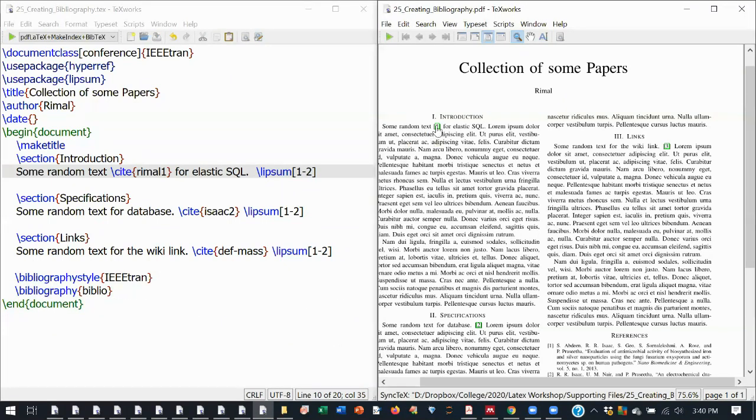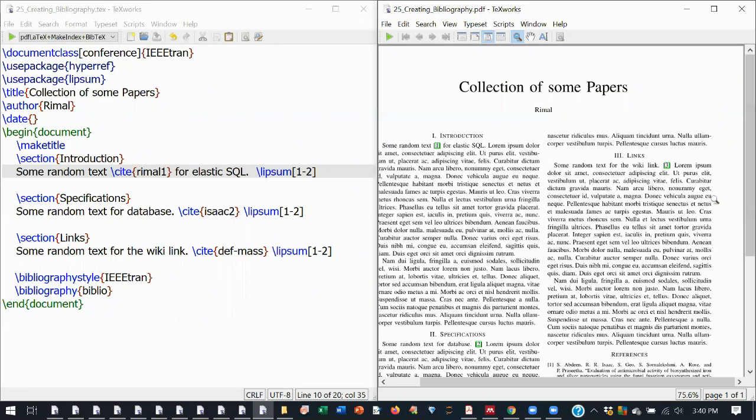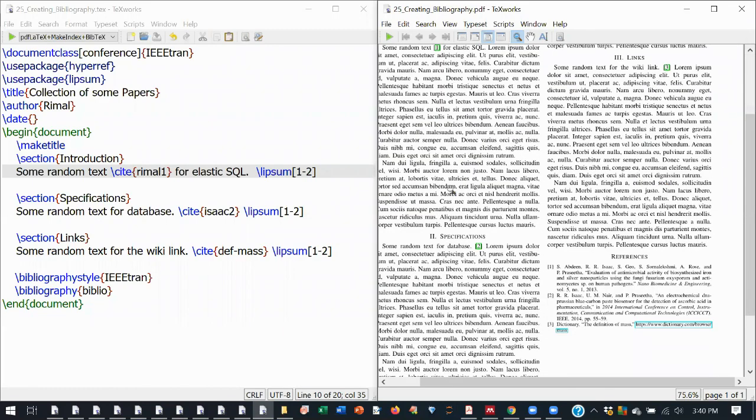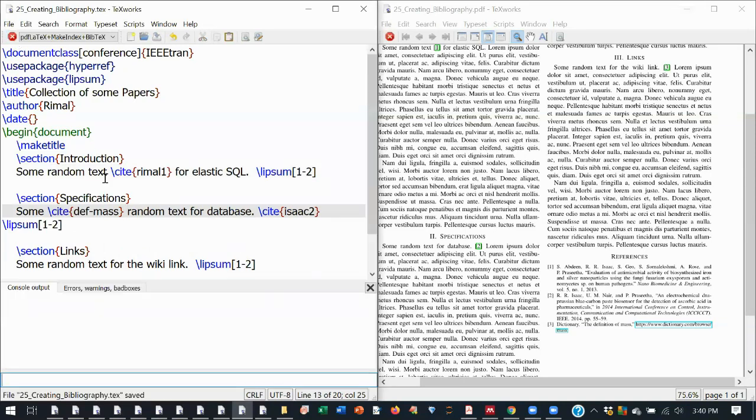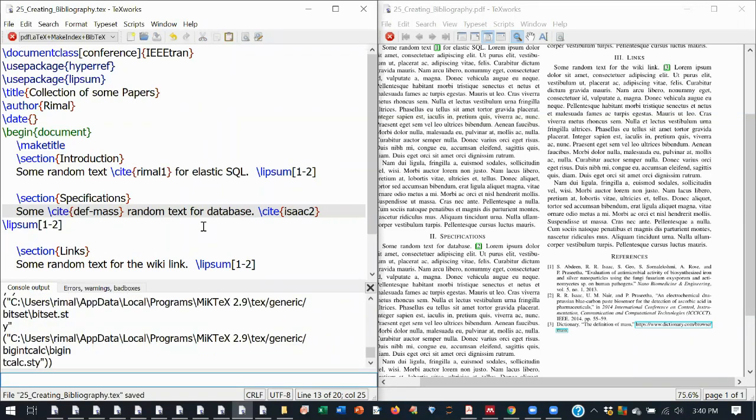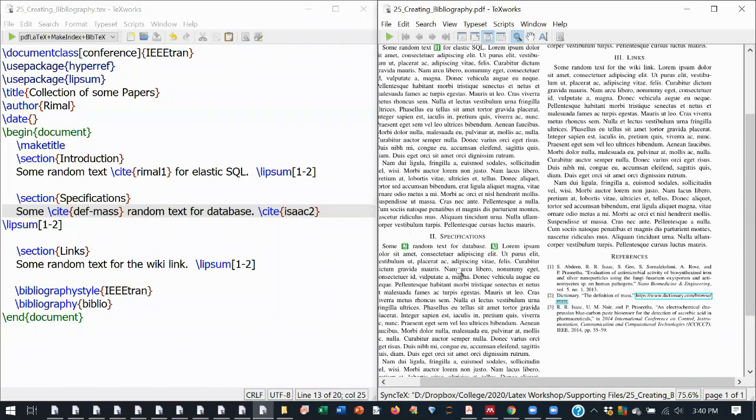See, the references are shifted. It has just shifted to this part. You have the second reference here, and the third reference here. So what happens if I move this reference from here to here? See, the numbering as well as this list has changed. It will automatically change everything.